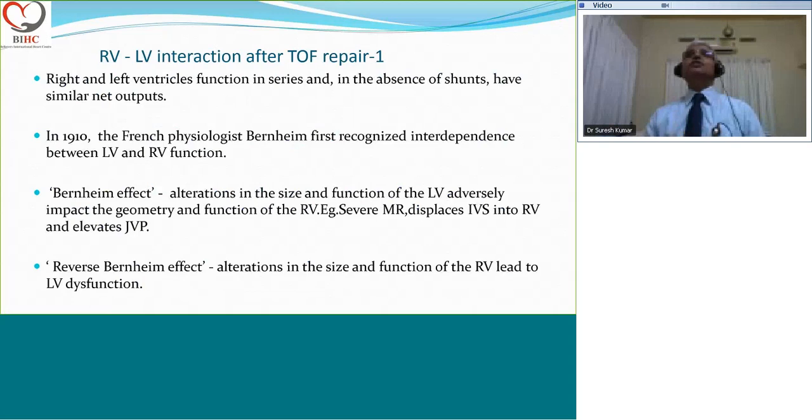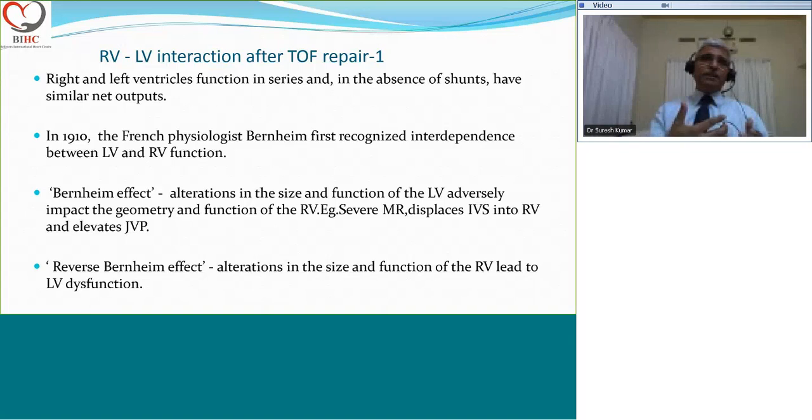And we speak of the ventricle-ventricle interaction in normal physiology. In TOF repair also, there is an RV-LV interaction which eventually adversely affects the patient's functioning. You know that both the ventricles function in series, and in the absence of shunts, the net outputs are similar. You might have heard the word Bernheim effect, where the French physiologist Bernheim described the interdependence between the LV and RV function, and we use the word Bernheim effect for the impact of mitral regurgitation induced LV volume overload on